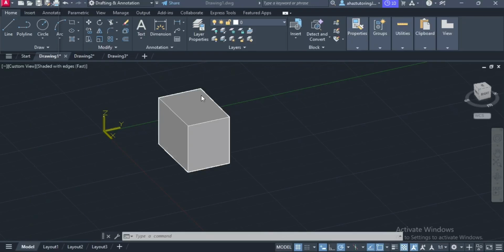Hey everyone, in this video I'm going to show you a step-by-step tutorial on how to make holes in solid objects. When working with 3D models in AutoCAD, there are many situations where you need to create holes in solid objects. Examples include bolt holes in mechanical parts, openings in walls, pipe penetrations, access points, or other cutouts within a 3D model. One of the quickest ways to create a hole in a solid object is by using the presspull